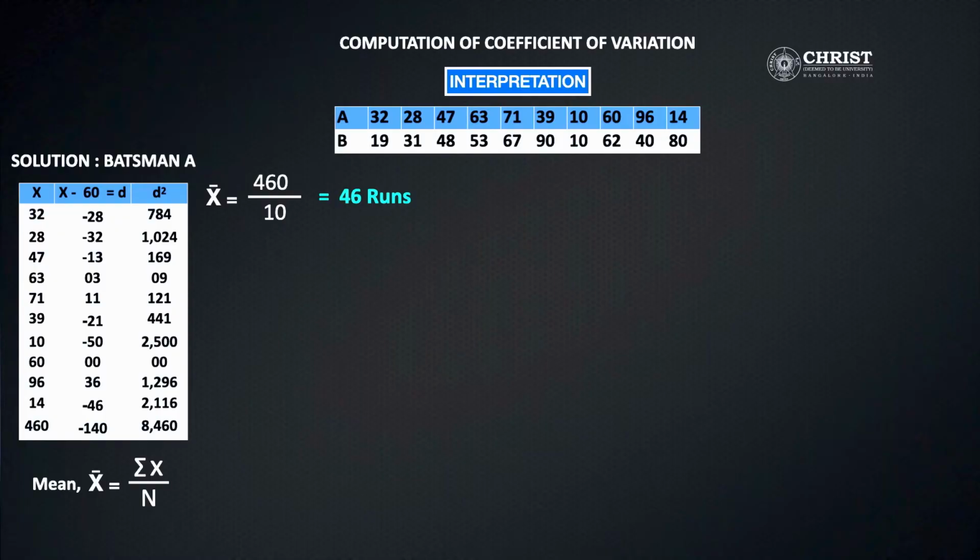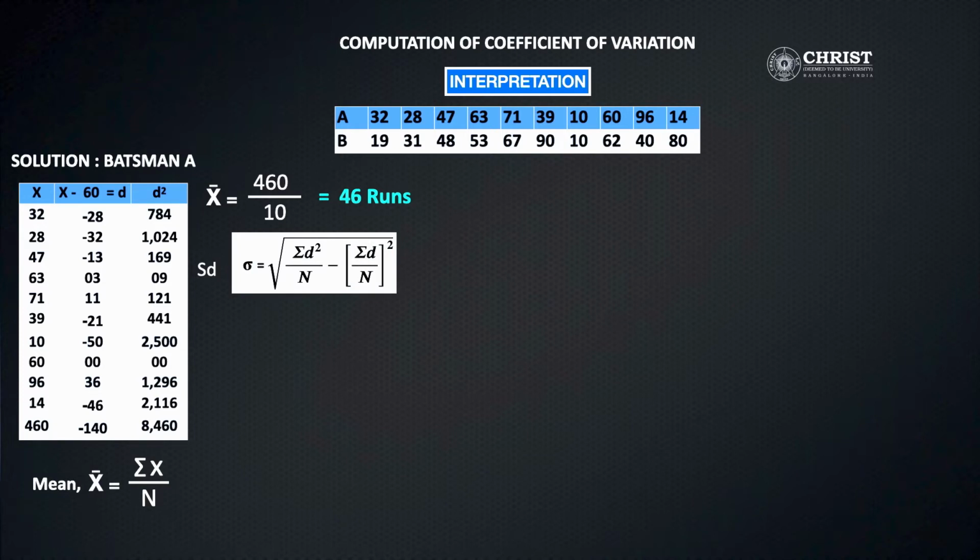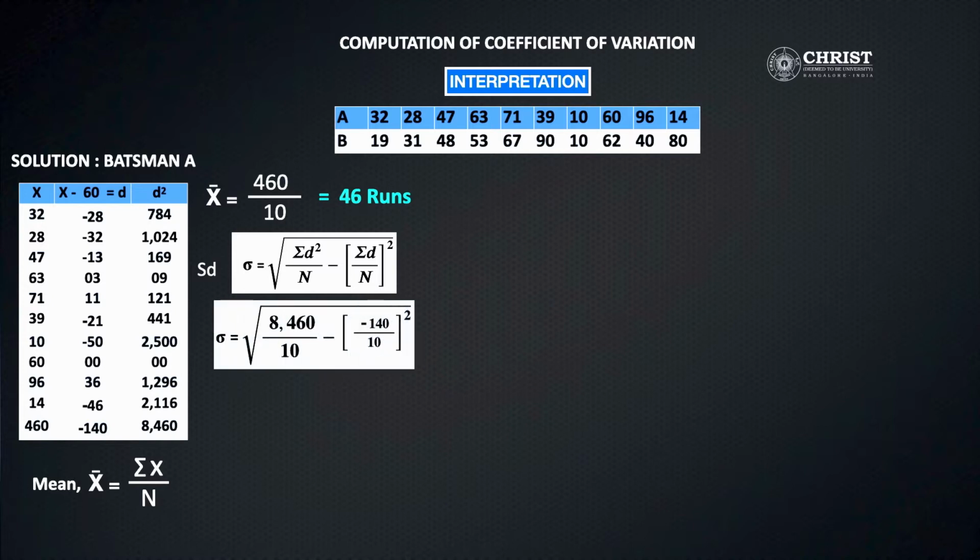So standard deviation is the square root of sigma d squared divided by n, minus sigma d by n, the whole squared. So sigma is equal to the root of 8460 divided by 10 minus (140 divided by 10) squared, that is 24.495